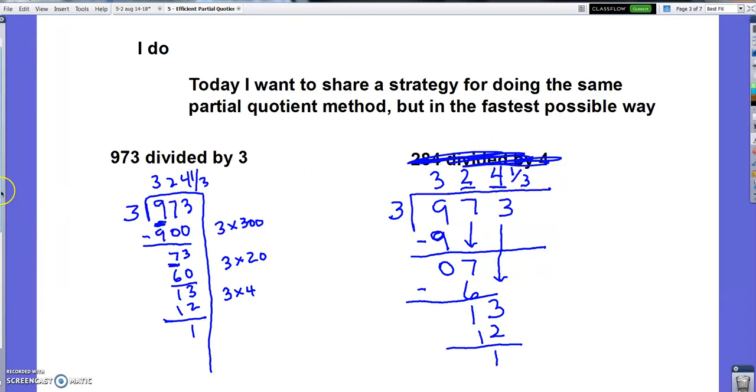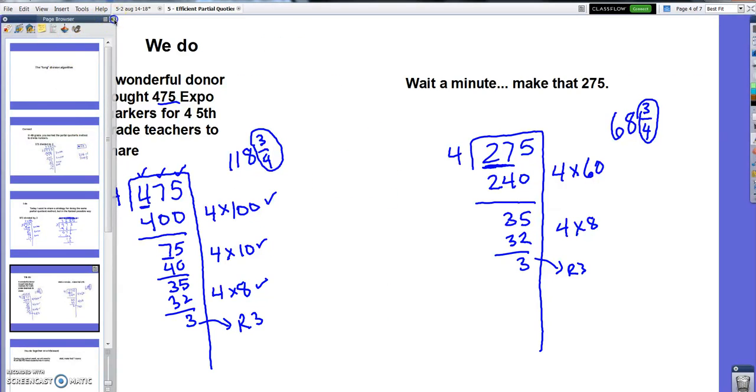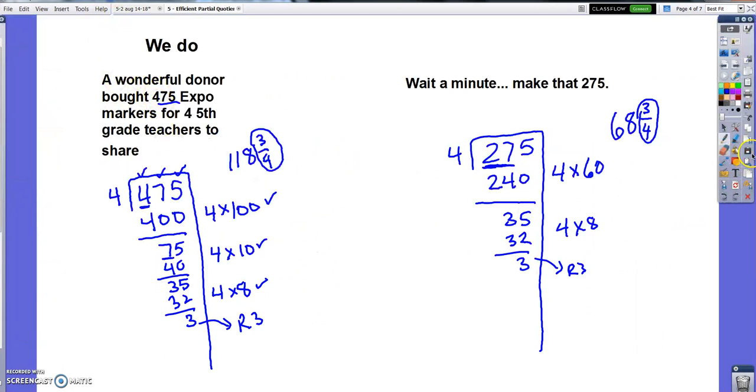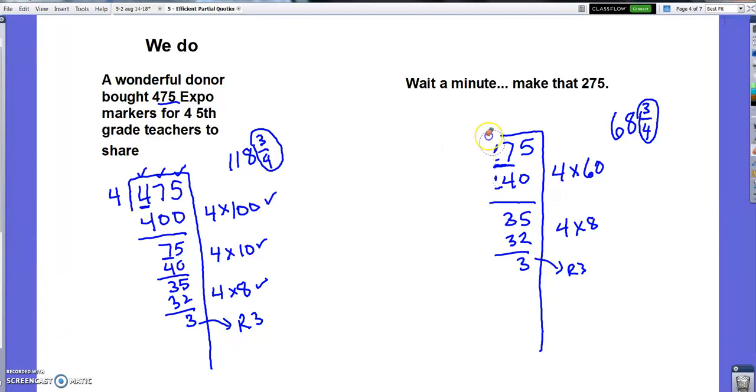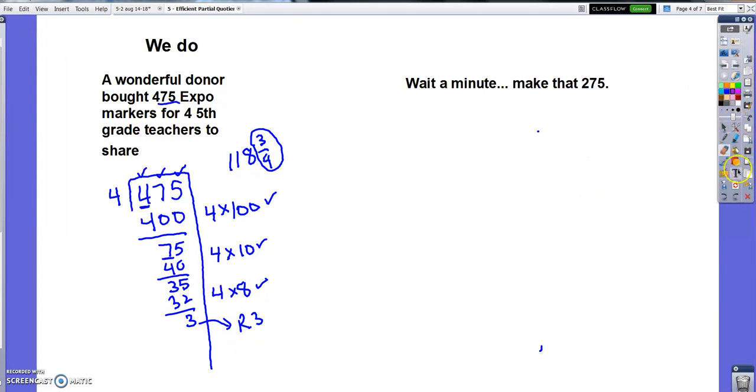Let's do one together. Let's go back here. So here's the one we dealt with, 475 expo markers for 4 teachers. I'm going to get rid of this one. We'll do this one tomorrow. And so let's see what we can do. You can pause if you want and look back through how we did this with partial quotients. And we're going to do the same one over here. 475